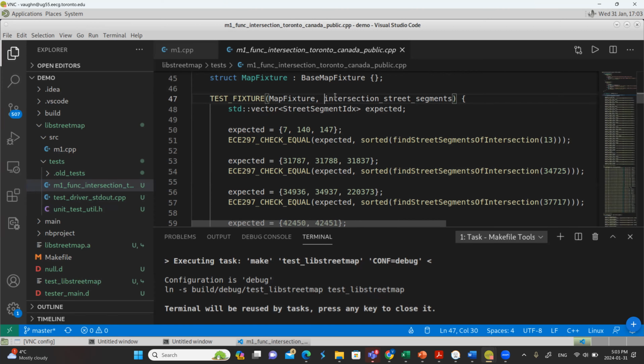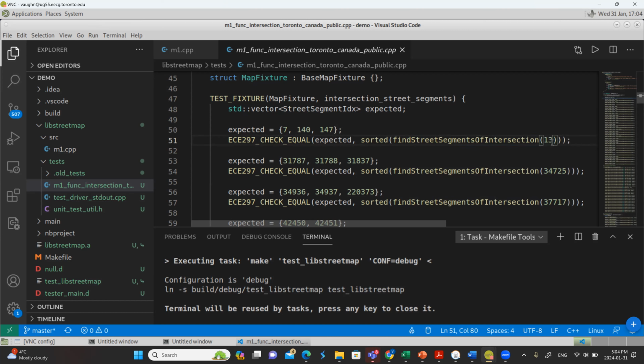Okay, so this is the name of the test, intersection street segments. And we basically have a vector of expected data. Here we say the expected data is a vector of length 3 with the numbers 7, 140, and 147 in it. And then we compare that to the result of calling your find street segments of intersection with intersection 13.